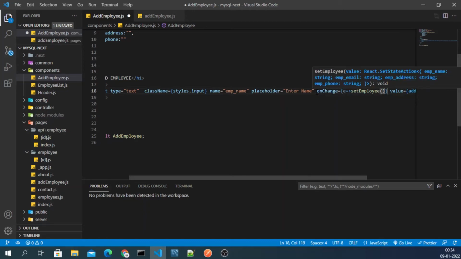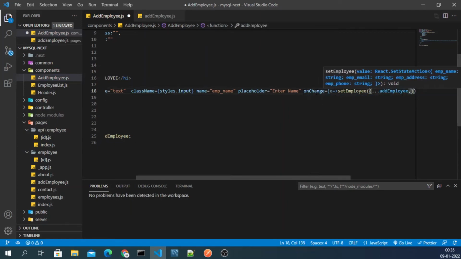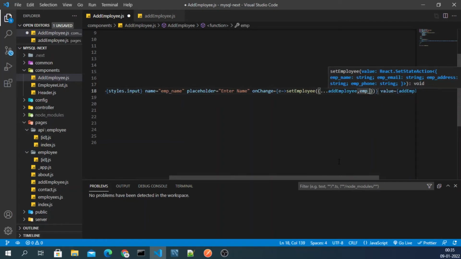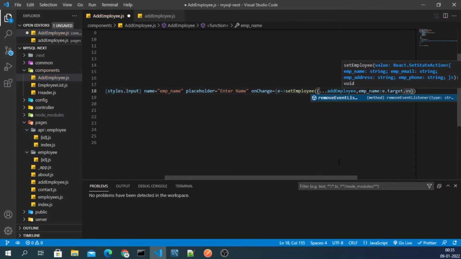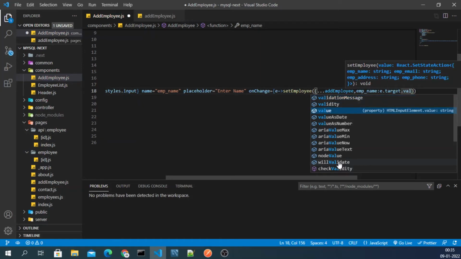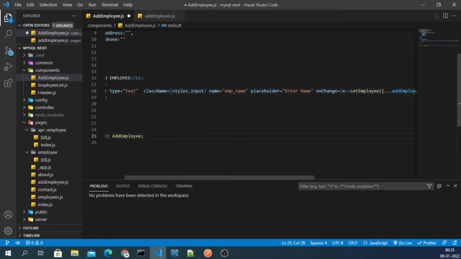The very first thing will be all the data, add employee, and the very next thing your field, which is right now emp name, and then e dot target dot value like this. Okay, so guys, you can do this.